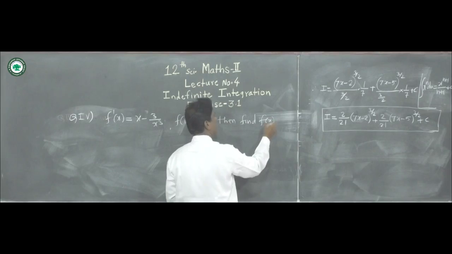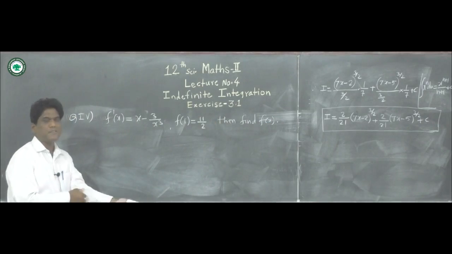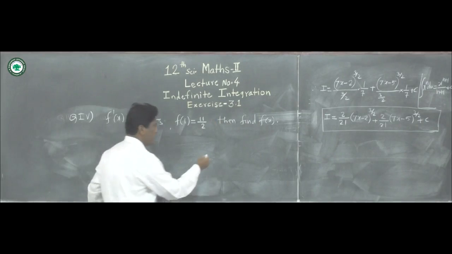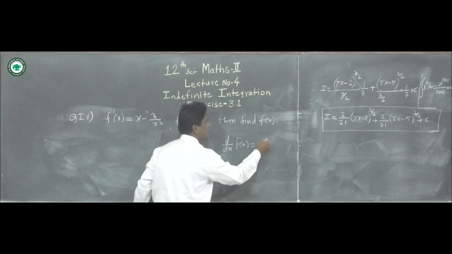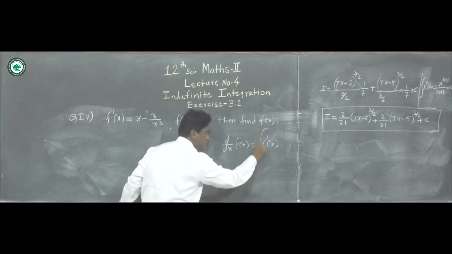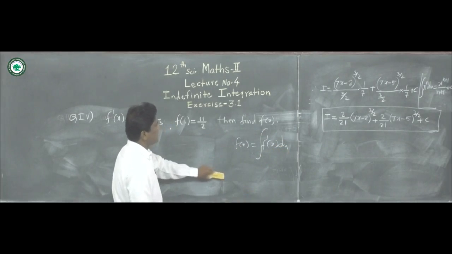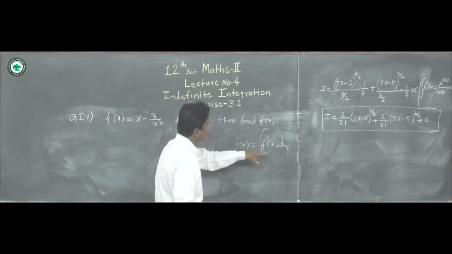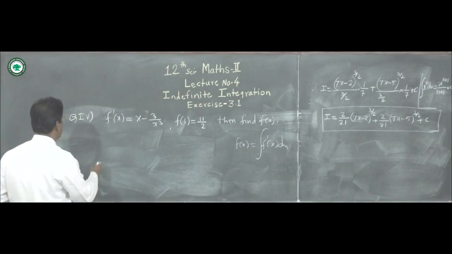Now here we know the definition of derivative and integration. Since integration is the antiderivative, we know that here when d by dx of f of x is equal to f dash of x, then we take its antiderivative, means integration of f dash of x dx, we get f of x. So we want to find f of x, means take the integration of f dash of x. So solution of this,